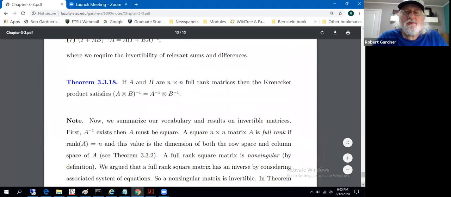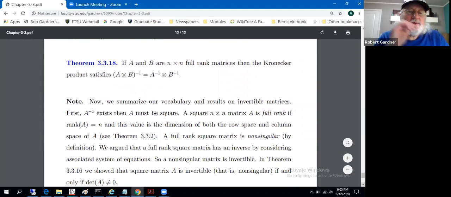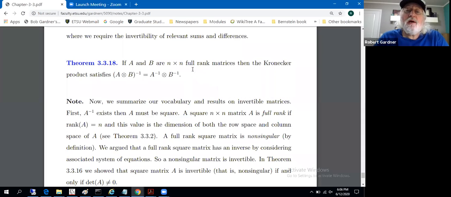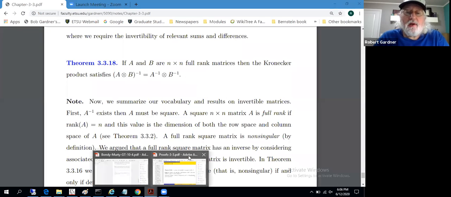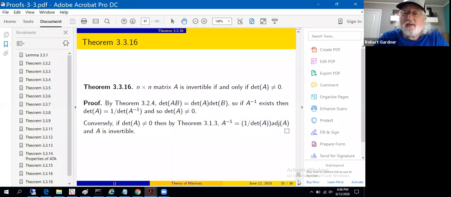One last result in terms of these Kronecker products. Okay, we did very minimal stuff with Kronecker products, I think. But let's go through proof of this. It's a nice behavior of Kronecker products. It says let A and B be n by n full rank matrices. Then the Kronecker product satisfies: the inverse of the Kronecker product of A and B is the Kronecker product of A inverse with B inverse. All right, our last proof from this lengthy section,